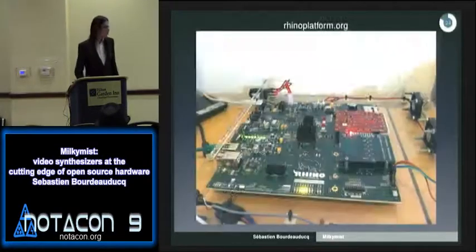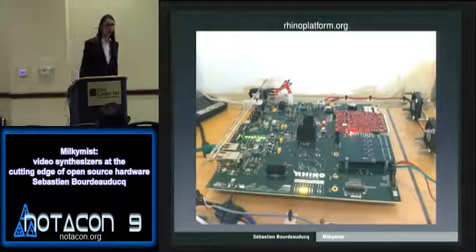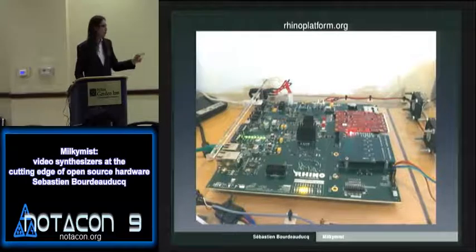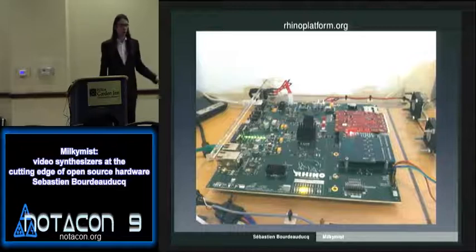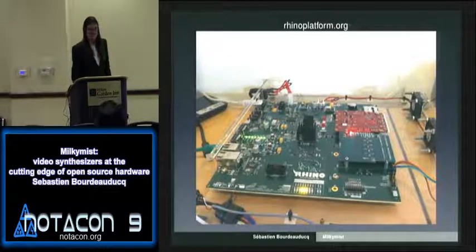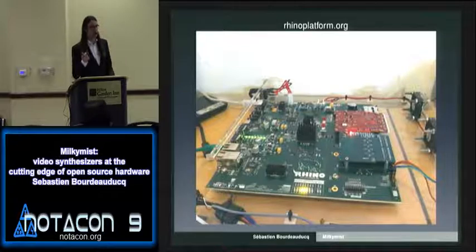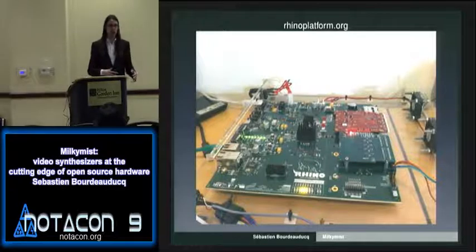And Midgen is actually something that we develop in collaboration with the Rhino platform project. It's a project from the University of Cape Town in South Africa. It is basically a platform for doing software-defined radio. So you see here there is an FPGA, it's a Spartan 6 LX150, which has an AVR processor, an ARM system on chip. And the ARM system on chip runs Linux, and then it communicates with the FPGA, and